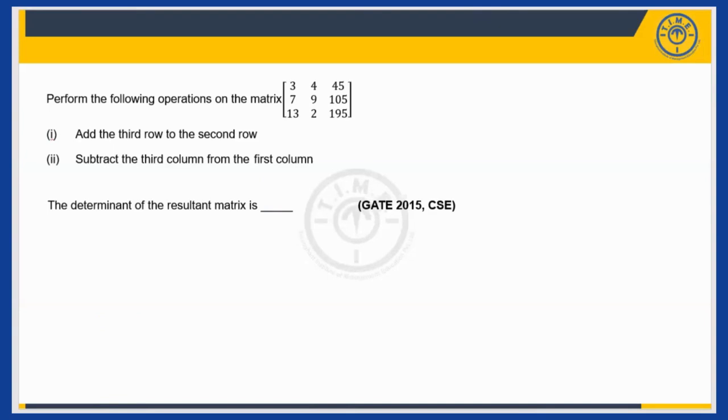So perform the following operations on the matrix. Add the third row to the second row. Subtract the third column from the first column. Then the determinant that is obtained is